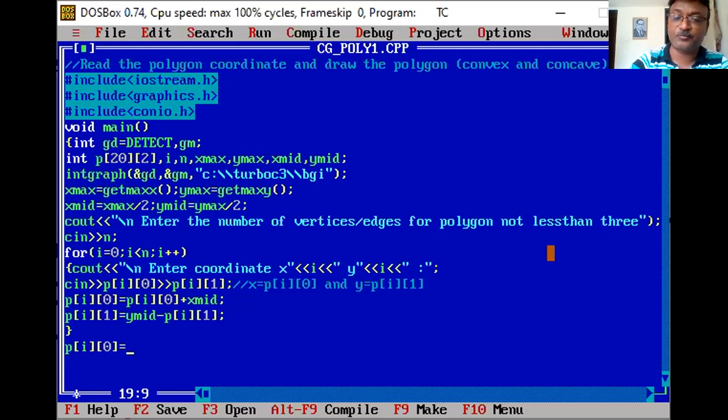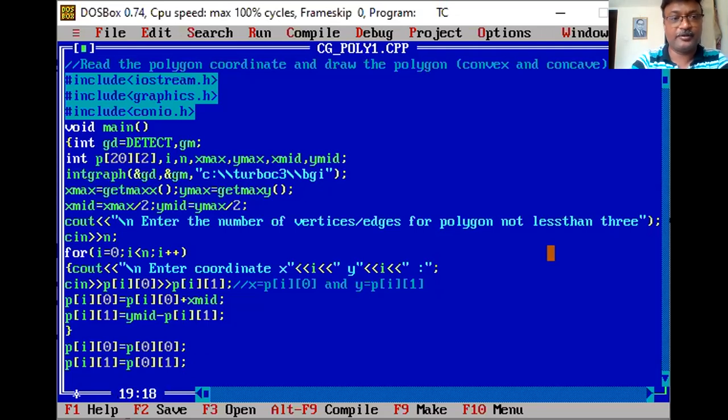To P of first point, because the last point is equal to your first point. So what is your first point? 0, 0. Now what is my last point? P of I1 is for the y, and then this point is P of 0, 1. So the last point is initialized to the first point.